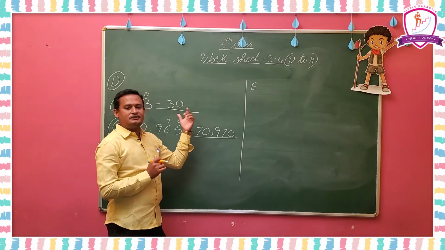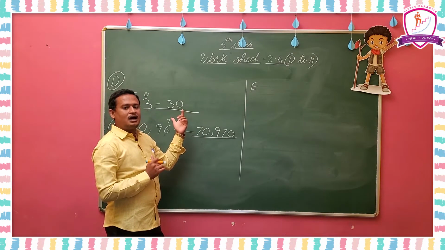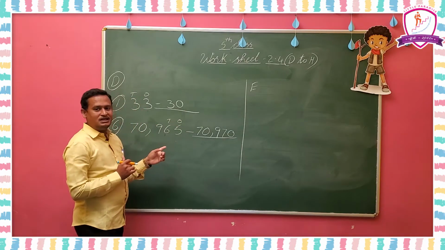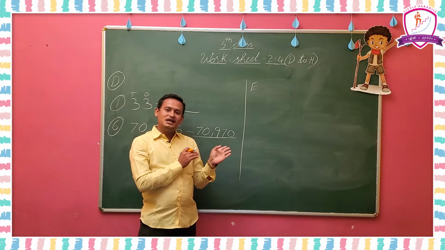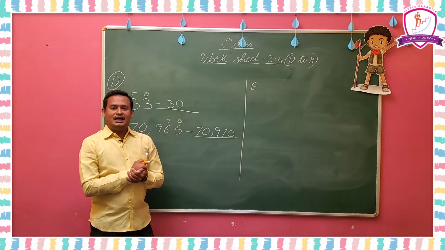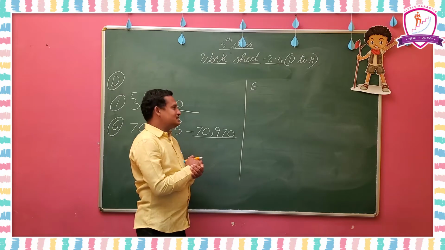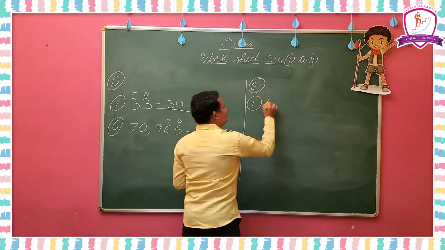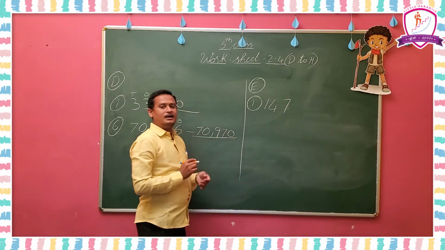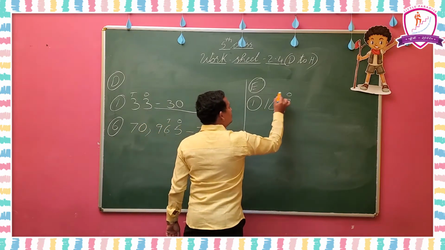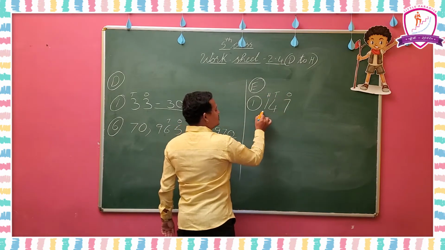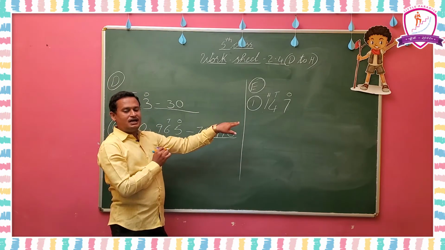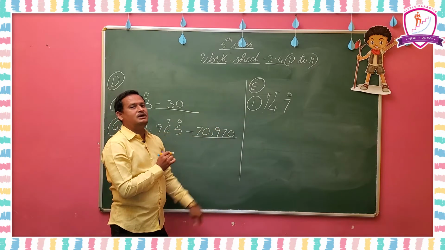Understood? Now I am going to explain the E Roman. In E Roman, round off the following numbers to the nearest hundreds. When you round to the hundreds place, we have to observe the tens place number. What is the tens place number in the given number? First I am going to explain the first one here. 147 is given. In 147 we are going to round to the hundreds place. Which place do we have to observe? On the right side of the hundreds place, the tens place is there, no? That tens place we have to observe.